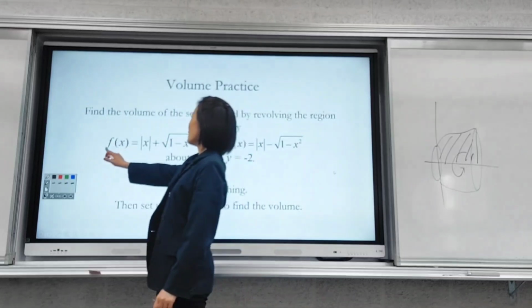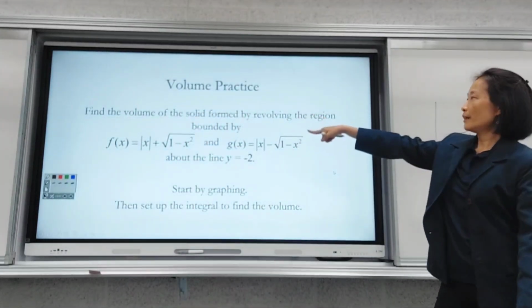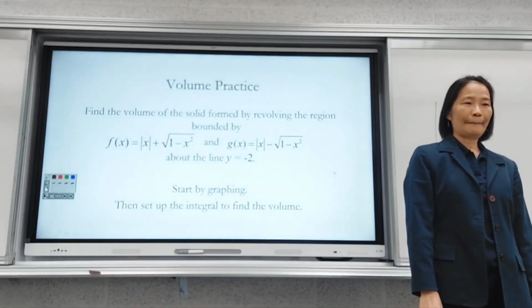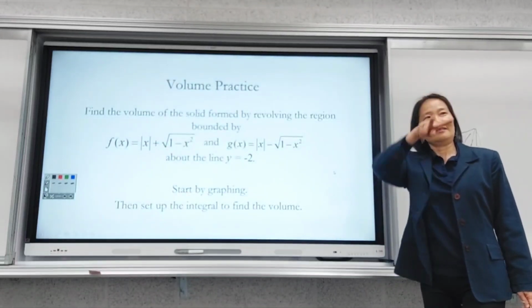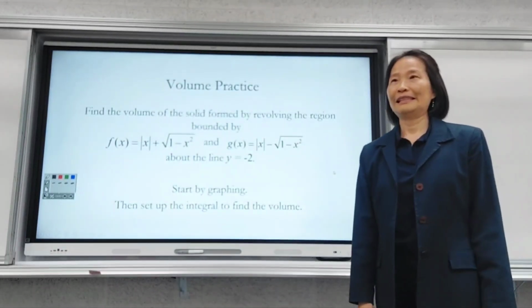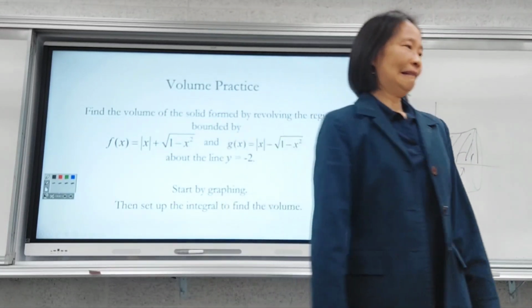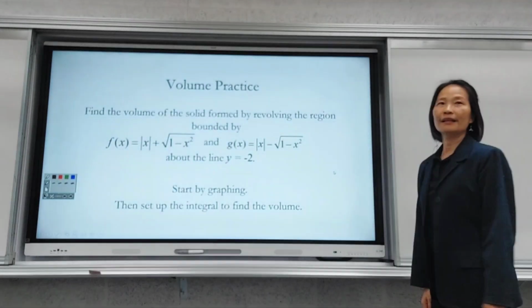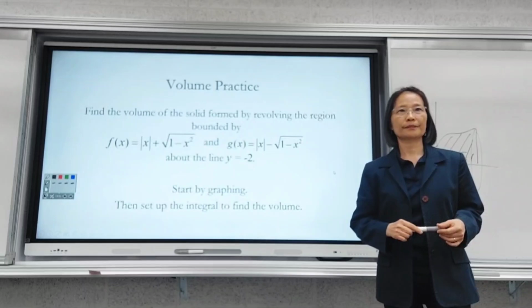f of x is absolute value of x plus square root of 1 minus x squared. Do you know how to find the absolute value sign? Is this the second window? I can't remember. Calculator, x equals